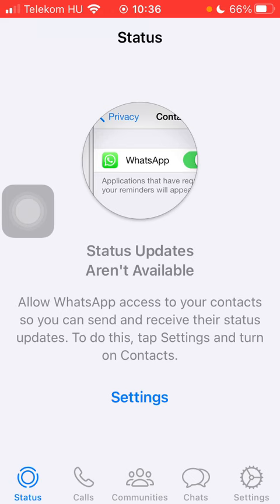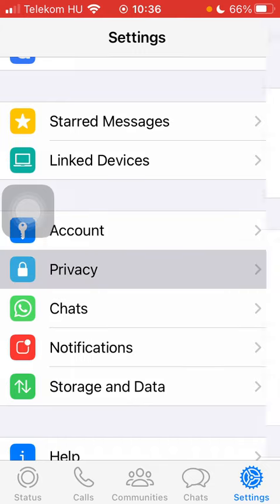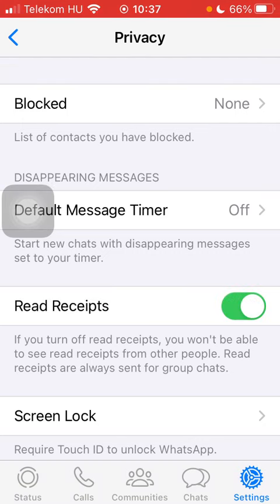First of all, open the app on your phone, then tap on the settings button down below, which is the fifth option. Scroll down and click on privacy. Scroll down until you find the read receipts feature that you can enable by tapping on this button next to it. As you can see, if you disable this feature, you won't be able to see read receipts from other people. They are always sent for group chats, meaning that this feature enables you to see when others have received and opened your